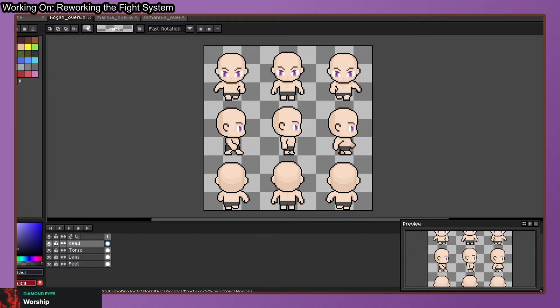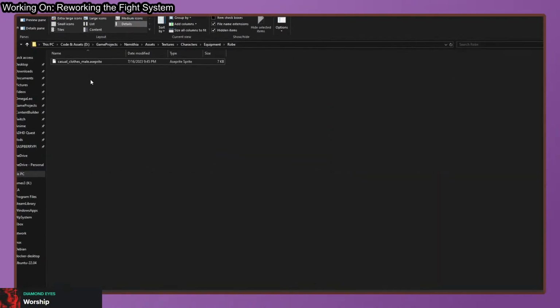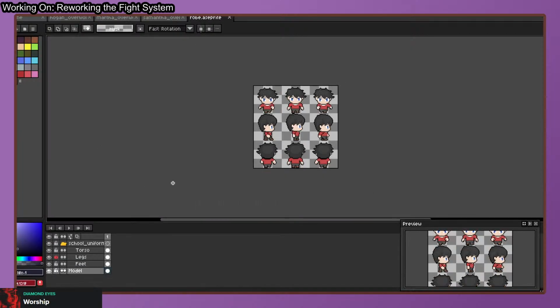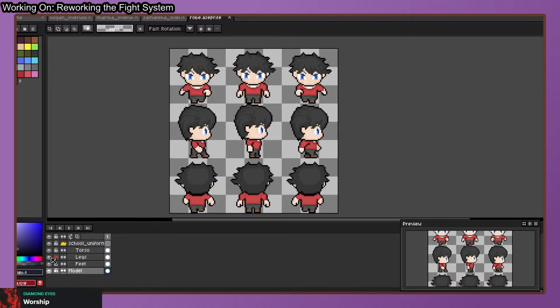Let's copy this and let's call it a robe. And this is kind of unisex, so you just copy this to the main folder. Since it's kind of unisex and basically the sprites are more or less the same design, you can just say this to be called a robe, open it, and in here,